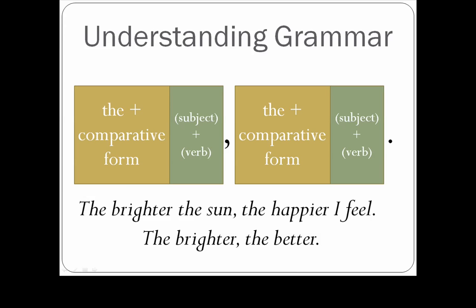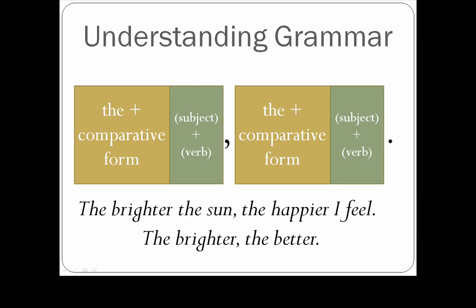It may help to see the structure presented like this. The two halves are separated by a comma. It's a sentence, so we must end with a period. Both halves begin with the plus a comparative form of a word. The comparative is followed by a subject and verb. But remember, if the subject and verb can be understood without us actually writing or saying them, we can leave